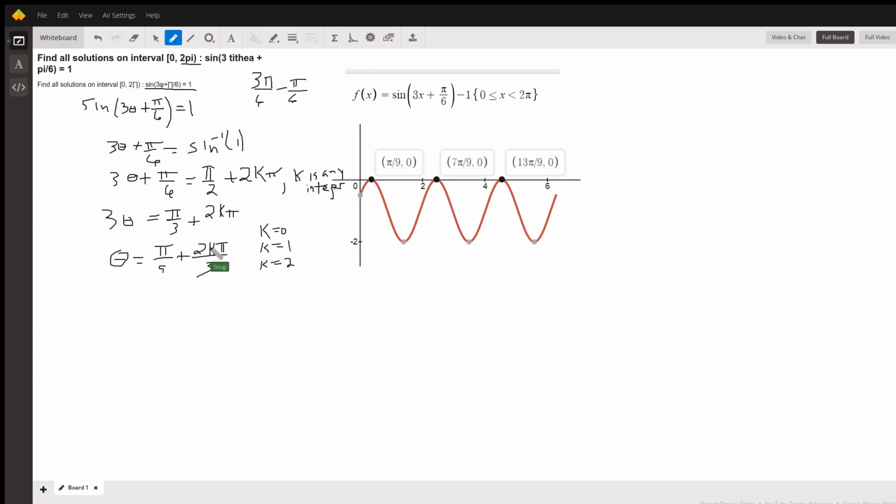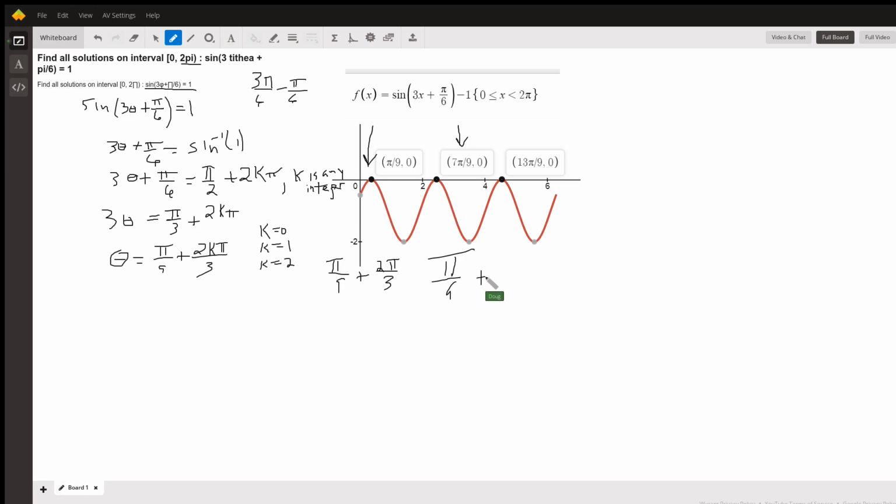So if I put 0 in for k, this term becomes 0 and I get pi over 9. There's the first one right there. If I put 1 in for k, I get pi over 9 plus, I put a 1 right here for k, I get 2 pi over 3. If I convert 2 pi over 3 to ninths, pi over 9 plus 6 pi over 9, that's 7 pi over 9. There's the second solution. Put 2 in for k, you get pi over 9